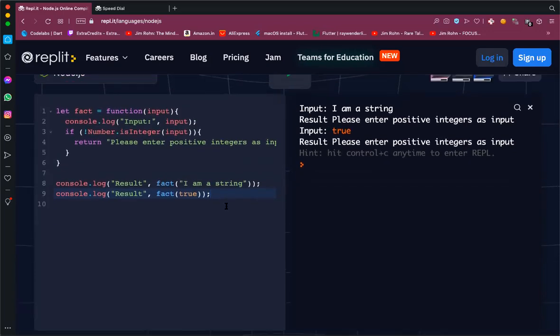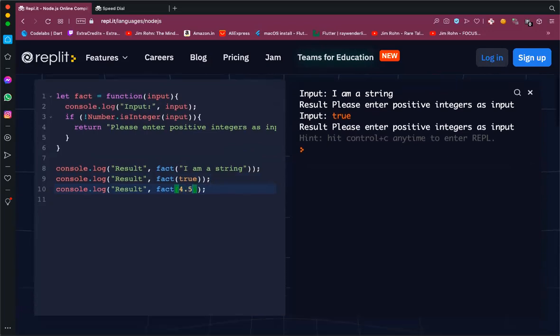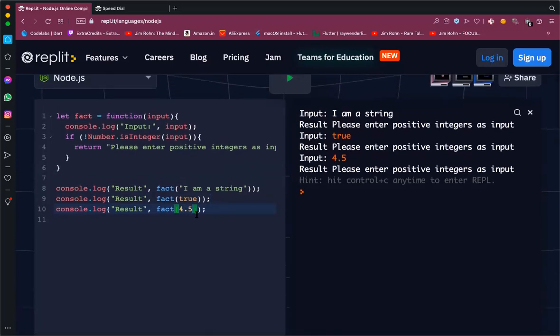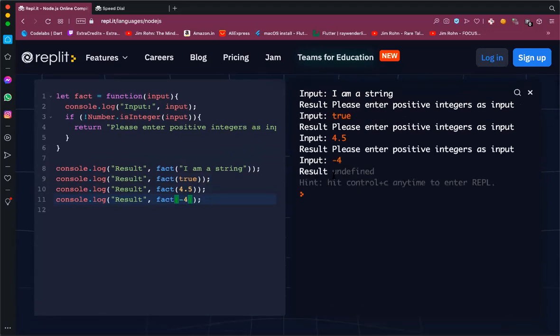Yeah, so still wrong input. Maybe we pass in 4.5. Still wrong input. Okay. Maybe we pass in -4 and it's giving undefined. So we have not handled the case where the number is less than 0 or less than 1. So maybe now it's time to add that extra logic,